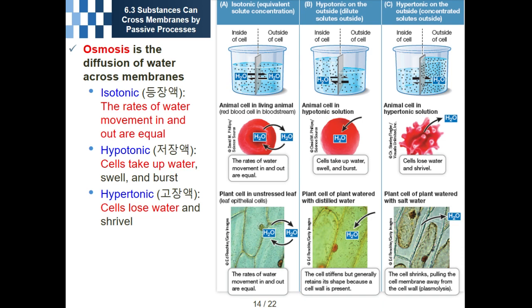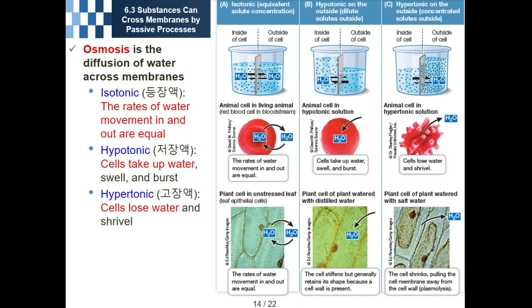So when we put cells in hypertonic, okay? So when we put our red blood cell in hypertonic, it means that the water inside the cell moves to the outside. Water can be outside. Cells lose water and they will shrink, so like this. Okay, so